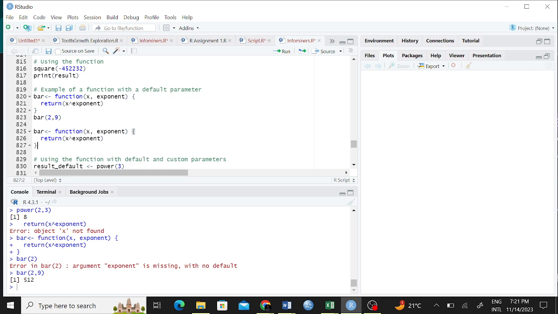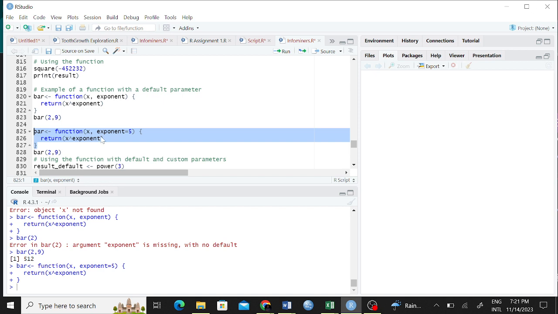But in that instance, let me just copy it again. Say bar, with exponent equal to 5. If you run that, we are saying exponent is equal to 5, and then x raised to power of exponent, but we have already said exponent is 5. So when we run something here, it knows this is the same as saying x raised to power 5.